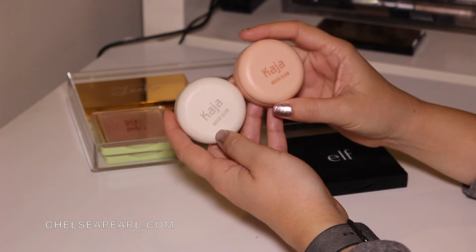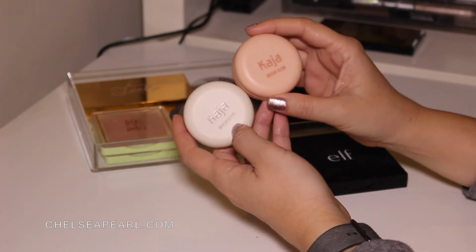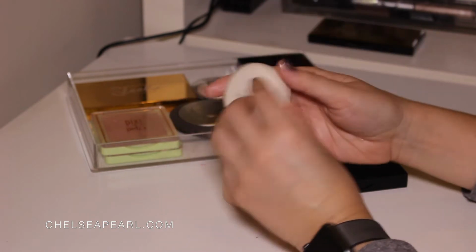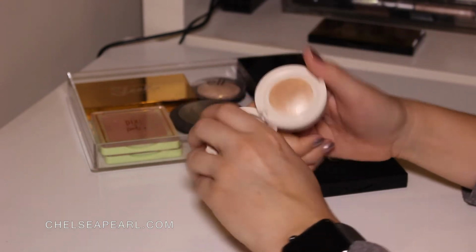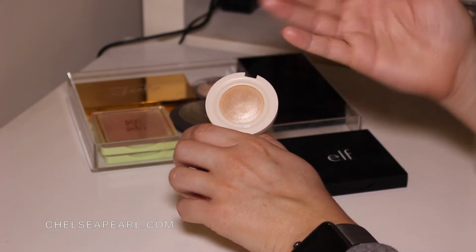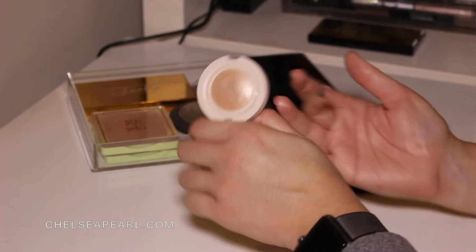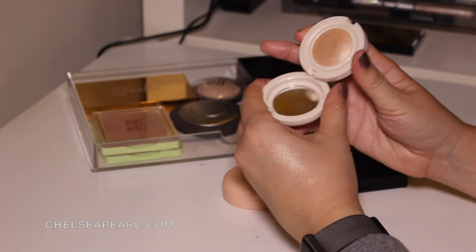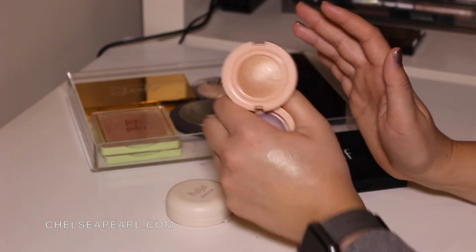Next up are these two singles by Kaja Beauty. This is the Mochi Glow, and we have it in the shades Toy Alien and Luna. And these are really interesting. These are kind of that soft, creamy, cream to powder finish, and it's kind of a lit from within glow. So these are very wearable. That is Luna